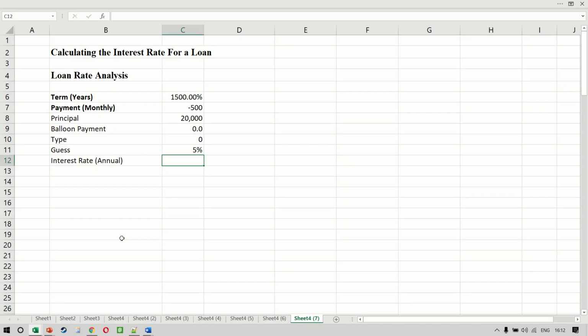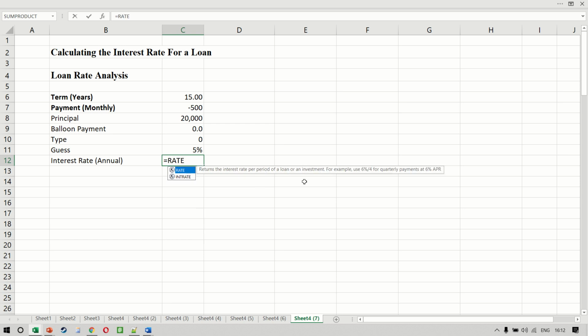So let's come back to our example. Now, what we have here is the term as 15. The monthly payment is 500. Principal is 20,000. No balloon payment. The type is 0. The guess is 5%. Now, to calculate the interest rate,